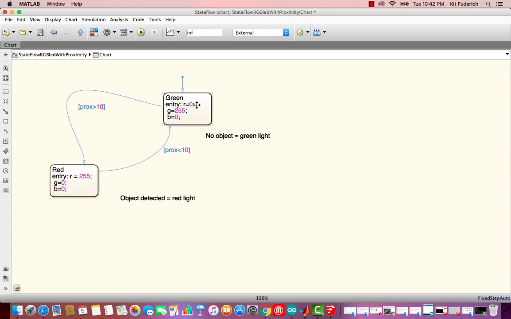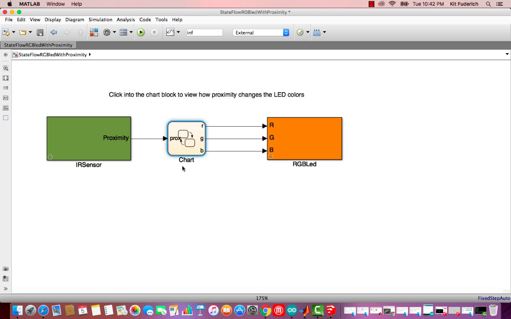If we're going to consider each of these letters as a variable holding a number which is output to the RGB LED, if the proximity value coming in is less than 10, then what's going to happen is from red it will move to green, and if it's more than 10, what will happen is our model will move from green over to red. So by clicking this up arrow up here at the top, I can look back at